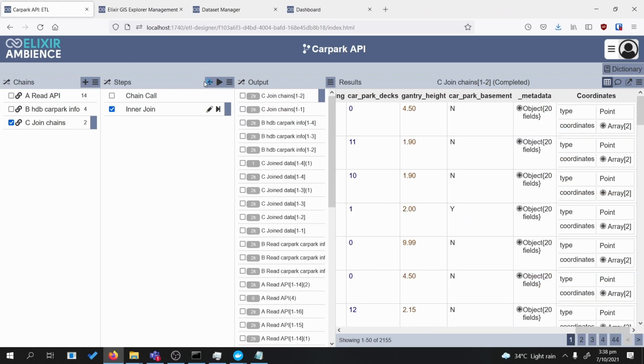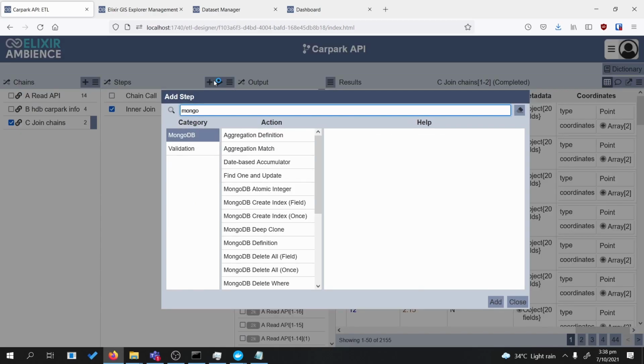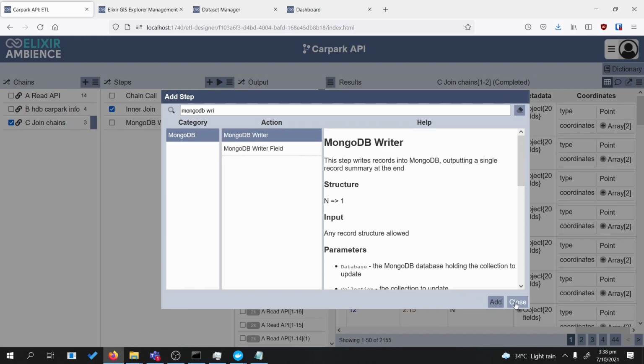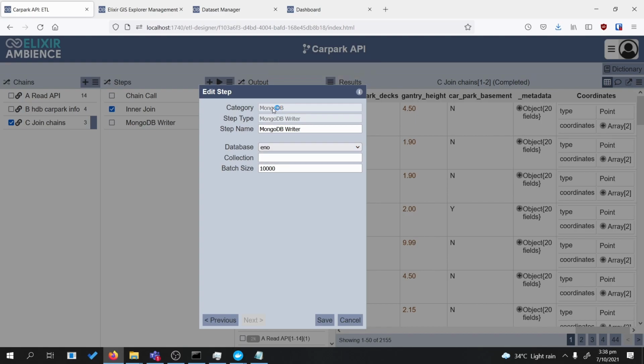Okay, so now what we want to do is we want to save this information into MongoDB. To do that, let's add a MongoDB writer. When you add in a writer step, you are writing to a collection, similarly to how you would do the import. But note that the writer step is on an append basis, so the more times you run this writer step, the more records you will have. If you want it to be an override, I'll show you later. We have to add a delete. But right now, let's add in a HDB